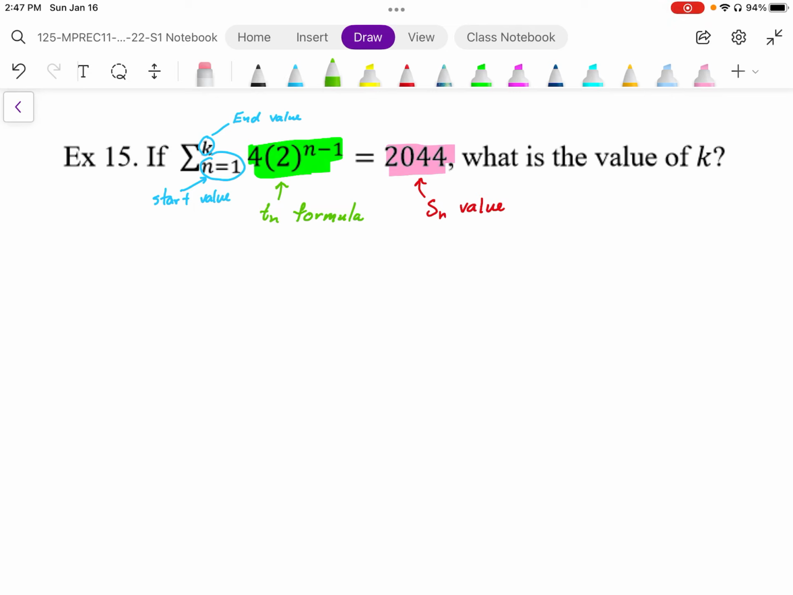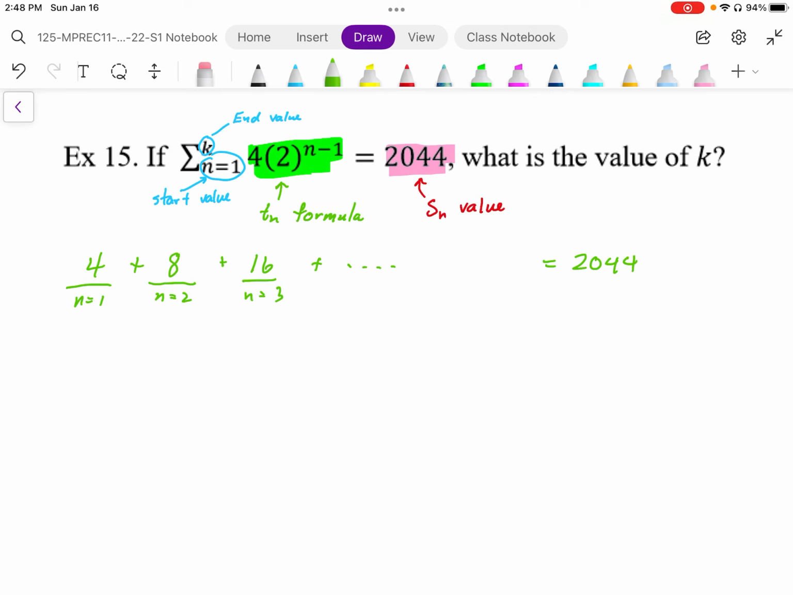Now, one way we could do this is, because we have the Tn formula, we can just substitute in n equals 1, and we can calculate the t value. In this case, if we plug in n equals 1, I get 4. And then we can add that to n equals 2, which works out to be 8. When we plug 2 in, we get 4 times 2, plus the next term, n equals 3. We just plug in 3. 2 to the power 3 minus 1 is going to be 4 times 4, which is 16, plus, and we can just do that until we get a sum of